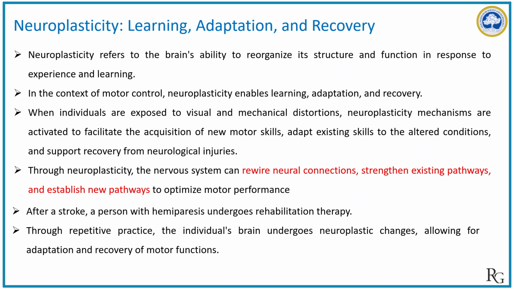A classical example in rehabilitation is after stroke. Let's say someone is having hemiparesis, that means partial weakness on one side of the body. With repetitive task-specific practice during therapy, their brain starts to adapt, even though some brain areas may be damaged. Other areas can take over, and that is because of neuroplasticity. And this is called functional improvement over time. So neuroplasticity gives us hope, and it is also a powerful tool for motor recovery in neurorehabilitation.